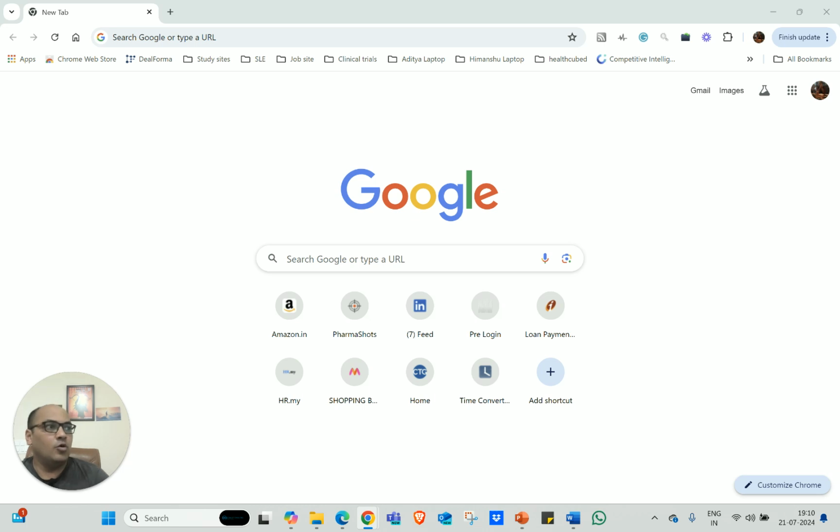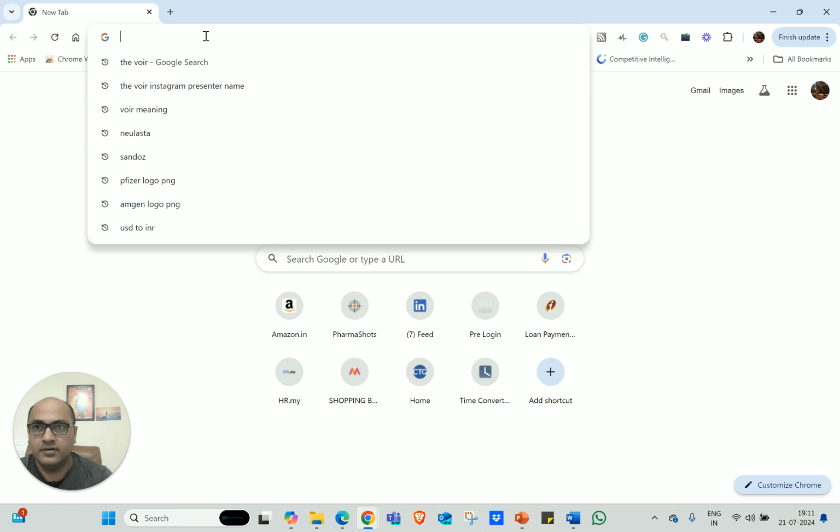So yes, there are two operators, AND and OR. So how should we start with AND, OR? As the name says, AND basically includes all the keywords which are linked with AND. Just to give you an example, let me take one example. What I will do is here I will write